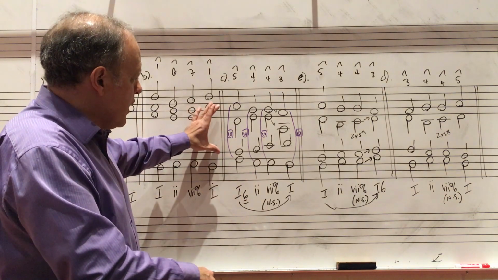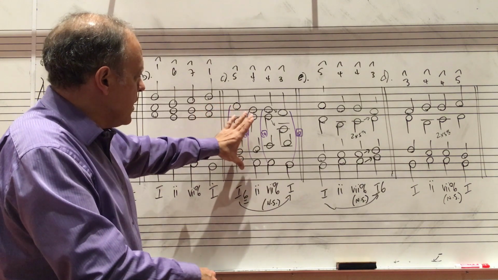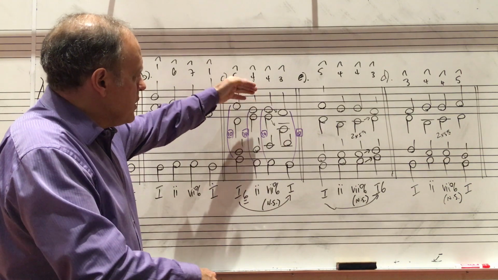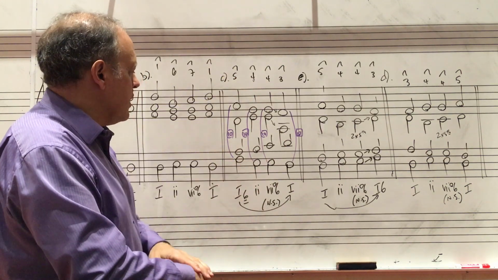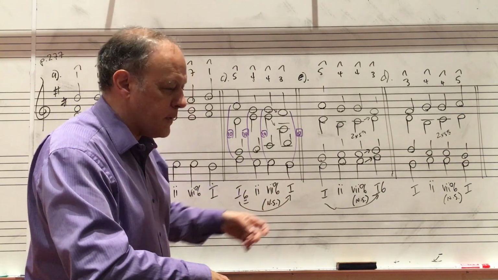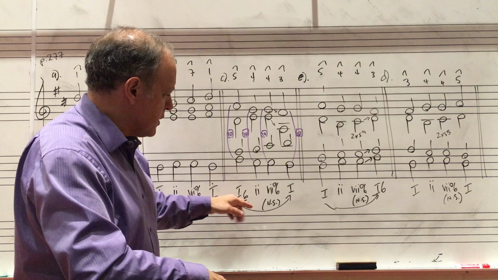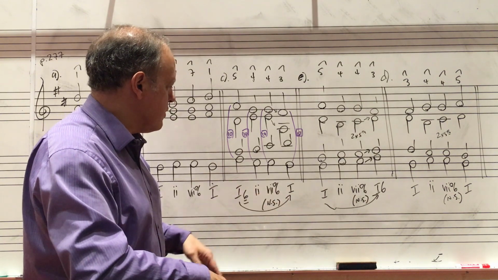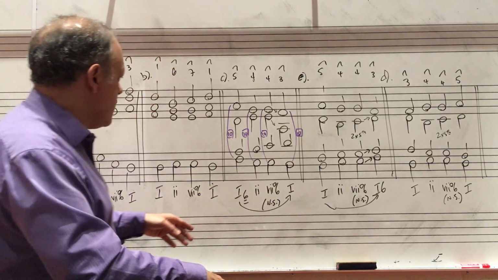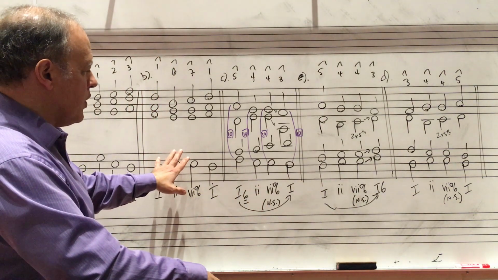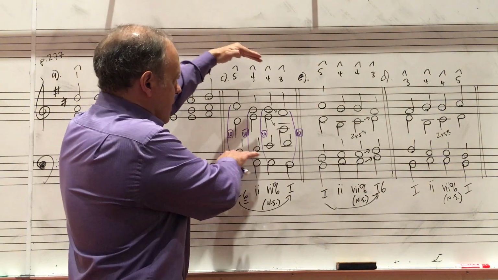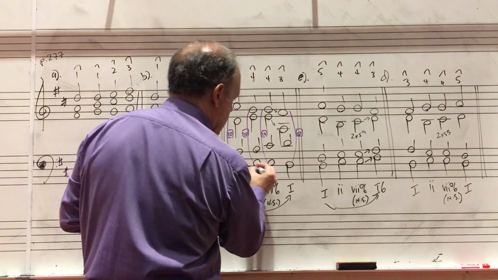So the overriding idea is parallel tenths between bass and soprano. So we have this lovely 5-4-3 descent in the soprano line being mirrored by 3-2-1 in the bass. We are therefore moving from 1-6 to 1. The textbook left out the 6, but it's significant that we're going from 1-6 down to 1. And then as we move from chord 2 to 7-0-6 here, it's the kind of thing that we have done before. But what I want us to notice here is, because the idea is to have the parallel tenths going downwards like so,